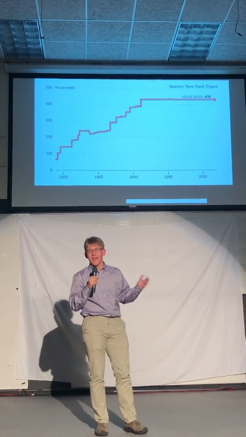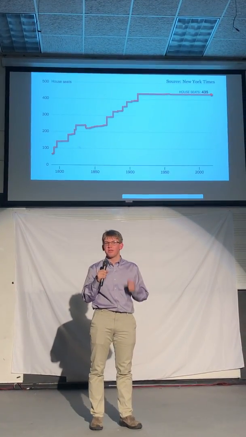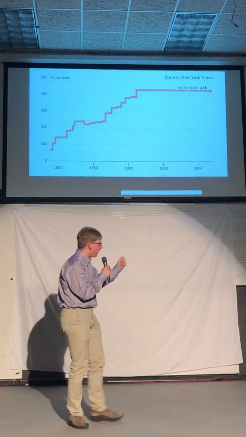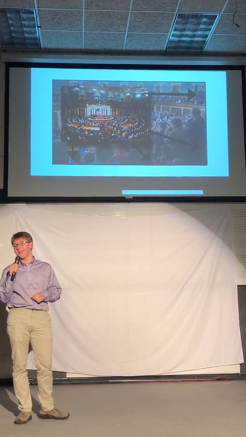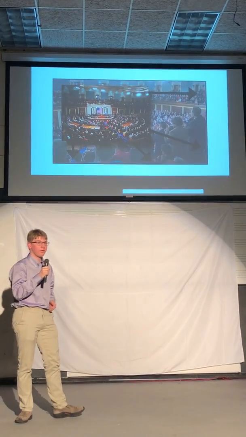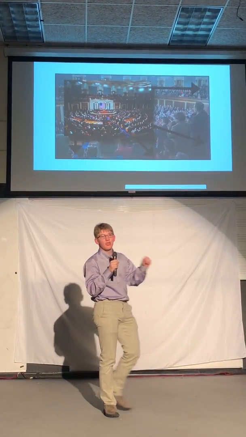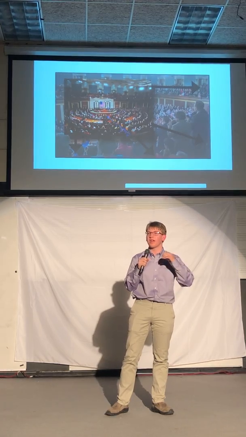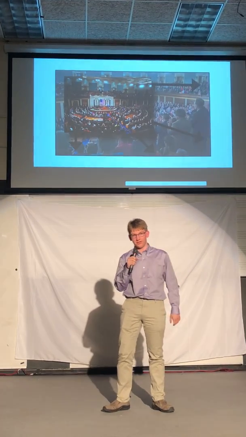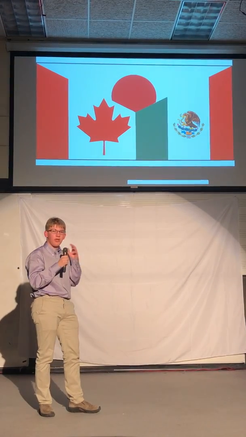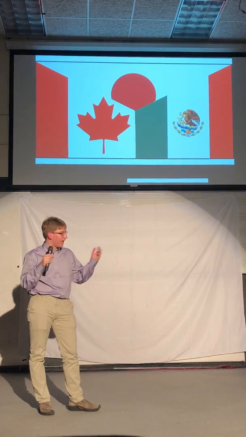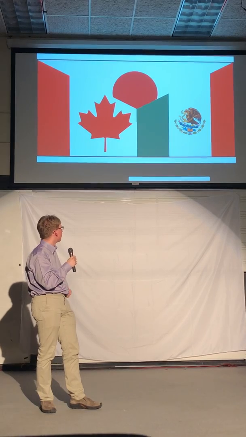However, the number of seats hasn't changed since 1913, so it's time to fix that. I would argue for the current 435-member House to be replaced with a 588-member House. I got this number, 588, by taking the cube root of the US population and subtracting 100, which are the 100 seats of the Senate. Using the cube root would bring the US in line with other representative democracies like Canada, Japan, and Mexico.